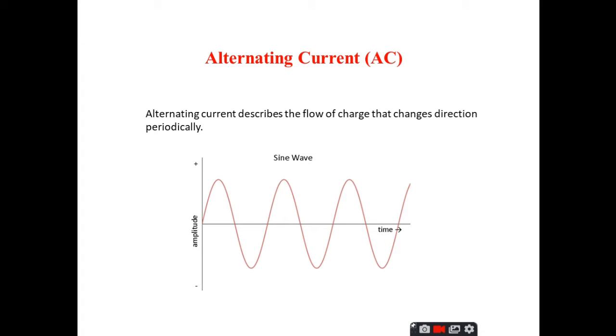AC can come in a number of forms as long as the voltage and current are alternating. If we hook up an oscilloscope to a circuit with AC and plot its voltage over time, we might see a number of different waveforms. The most common type of AC is the sine wave. The AC in most homes and offices has an oscillating voltage that produces a sine wave. This one.